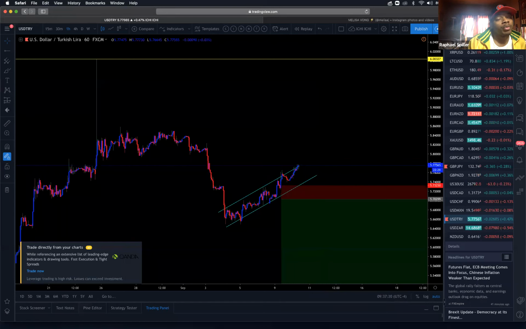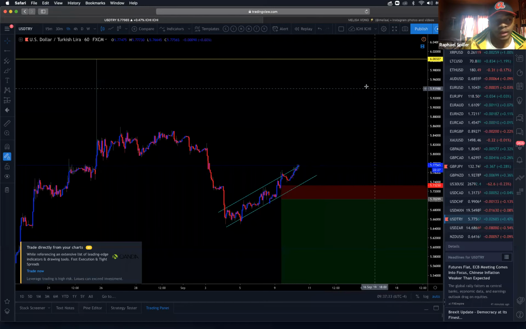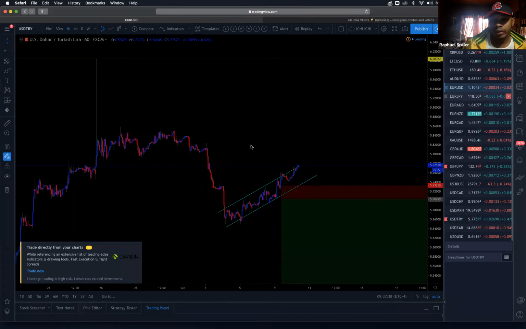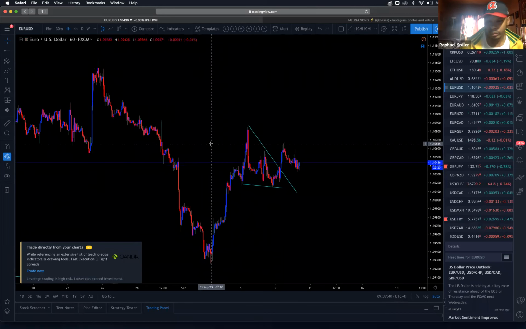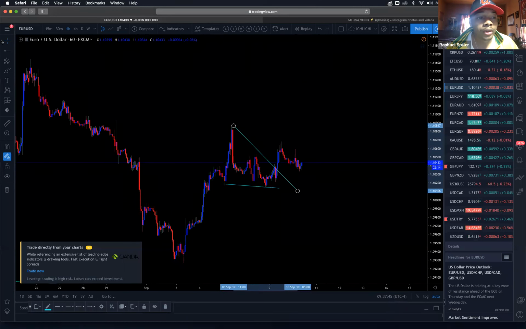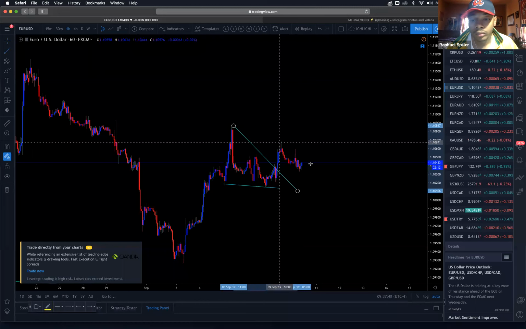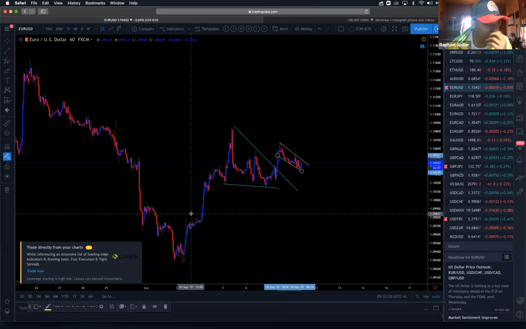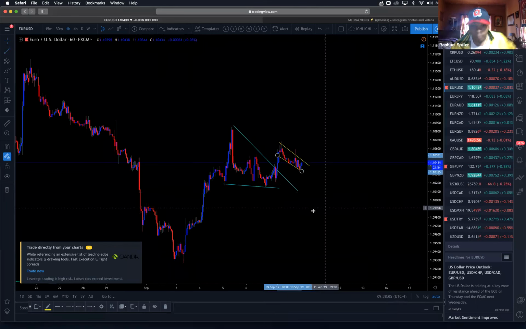Let's see. Can you repeat the stop loss and TP? Yeah, I'll repeat it for you. Okay, so let's go over this one. Let's go over this real quick. Definitely looking to take Euro NZD, just letting you guys know. Clear pattern. My name is Marcus Turner. When you see Chart Slayer, that's me. Definitely me.